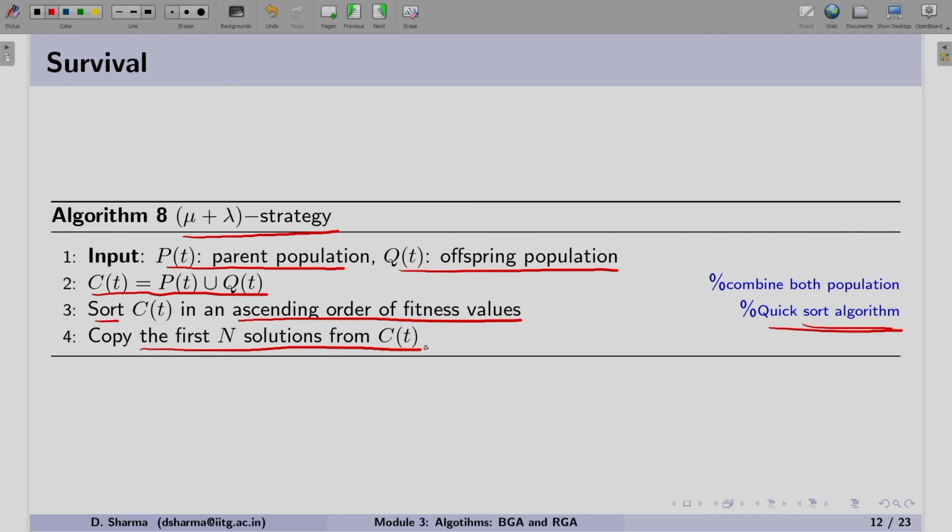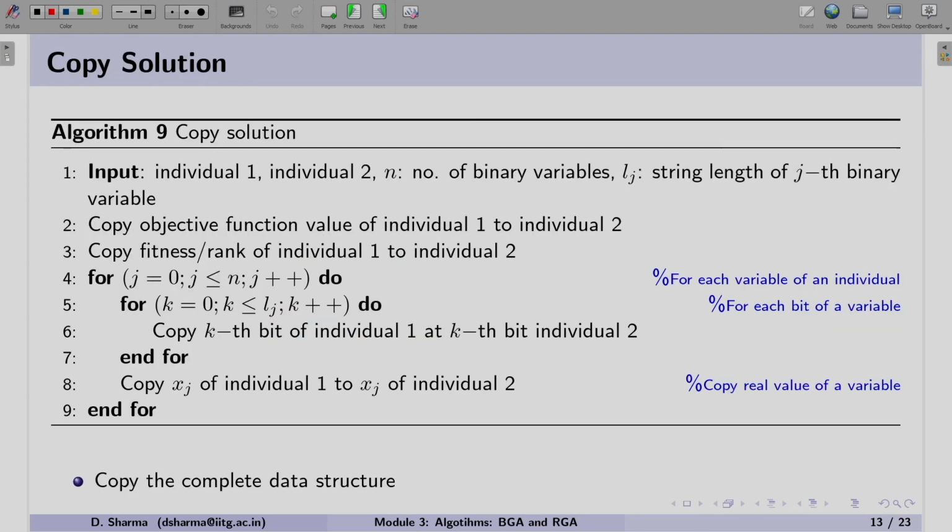Now, in step 4, when we are copying, this is an important step. Why? Because it says that the values of an individual should be copied to another individual. In order to have more clarity, I am showing you algorithm 9, which is the copy of the solution. Let us assume that we have individual 1 and individual 2, and we want to copy the data of individual 1 to individual 2.